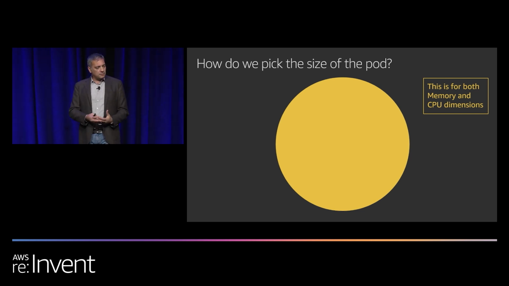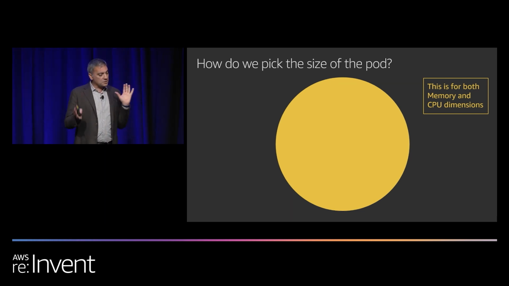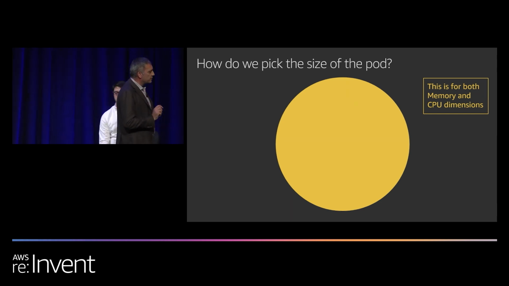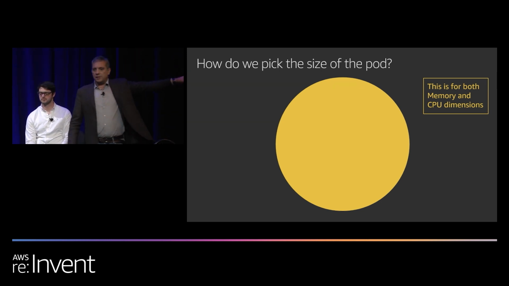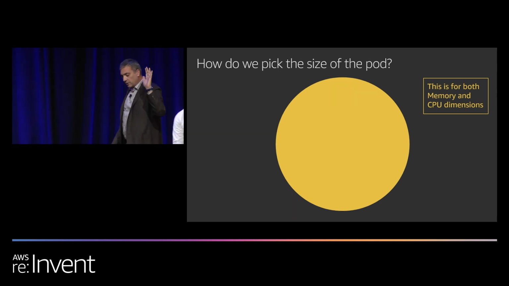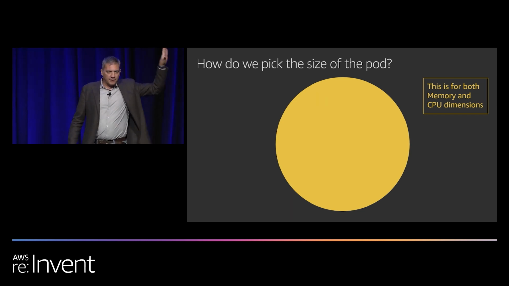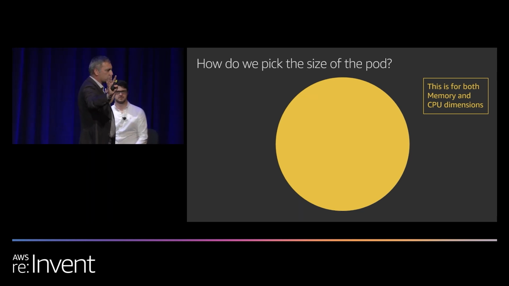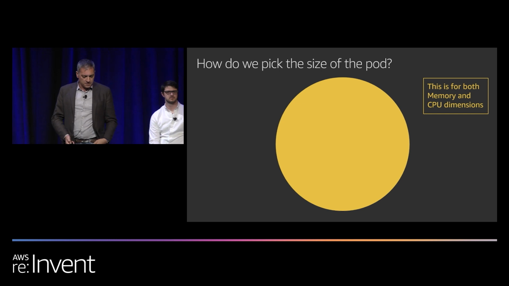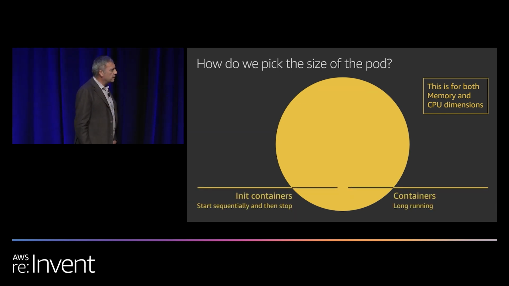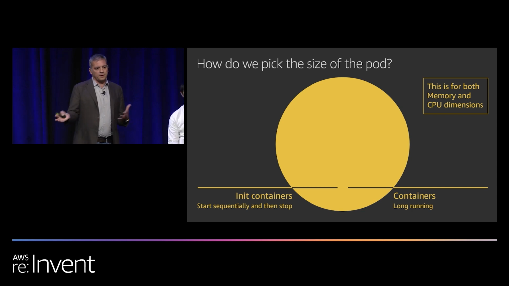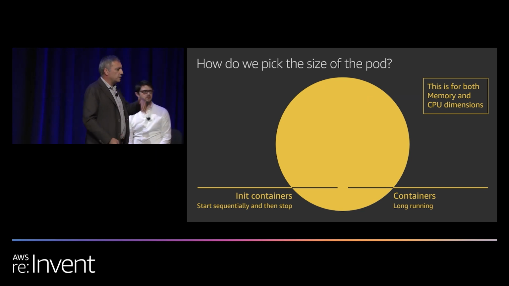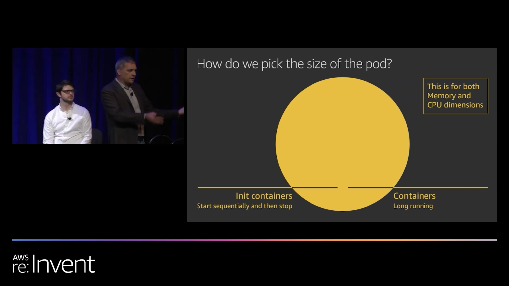But with a more sophisticated setup, you need to understand how we do things so that you get a better understanding of how this works. The first thing is that everything you're going to see here has two dimensions, CPU and memory. Everything that I'm going to discuss is for CPU and memory, and it's the same process for those two subsystems. Second, as you know, there are two types of containers that can run in a pod: init containers and the standard containers. They could be sidecars or your application containers or everything.